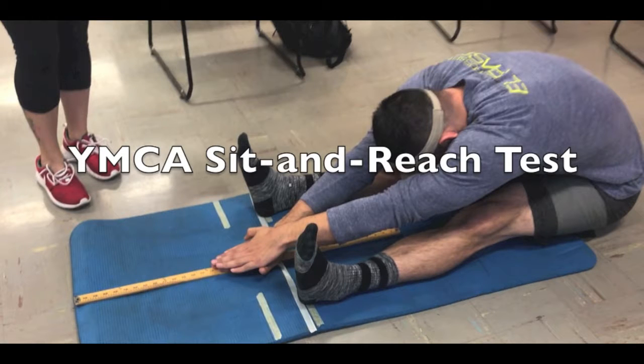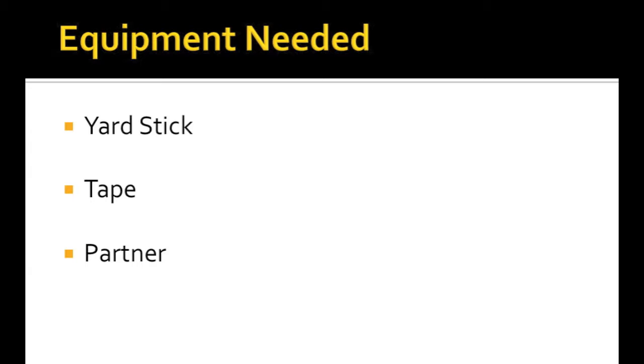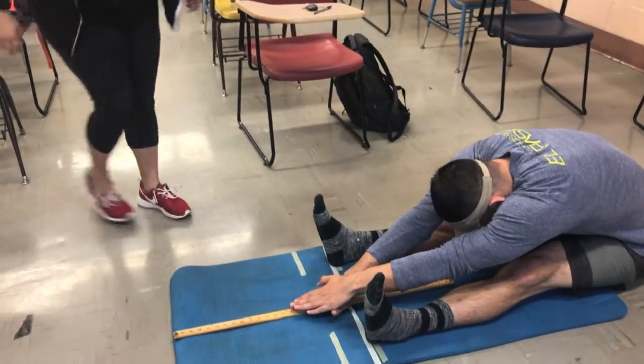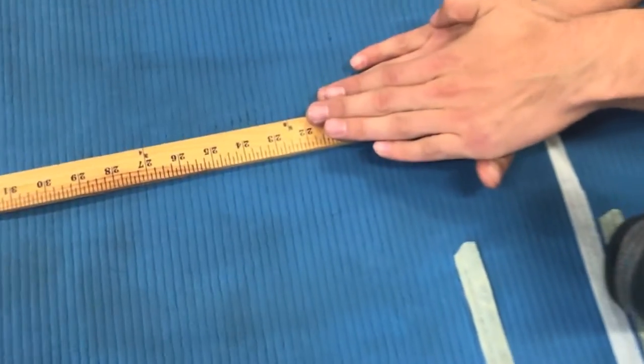The next test is the YMCA sit and reach test. This is used to assess the flexibility of the hamstrings and lower back as well. Equipment needed for this test will be a yardstick, tape, and a partner. During the test, I placed one hand on top of the other and reached as far as I could while exhaling. I held the final position for 2 seconds, ensuring that my hands were on the yardstick and my knees